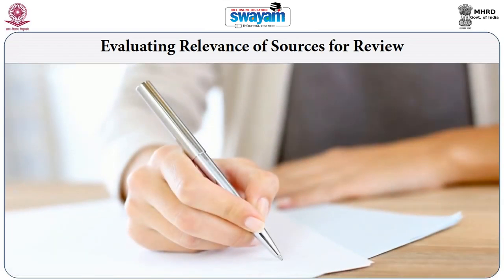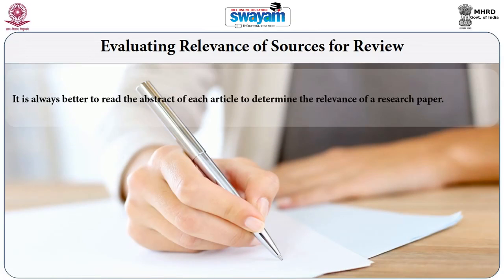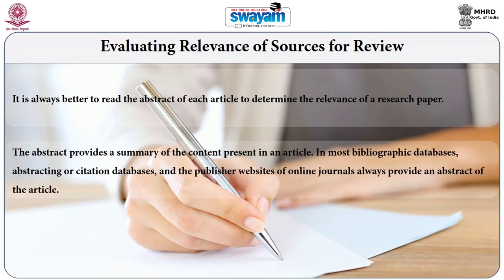So it's always better to read the abstract of every article that you are going to review, so that you can at least identify some kind of relevance of that specific research paper. The abstract provides a summary of the content present in an article, and most bibliographic databases, abstracting and indexing databases, or citation databases always contain those abstracts, and they are available freely on different publishers' websites